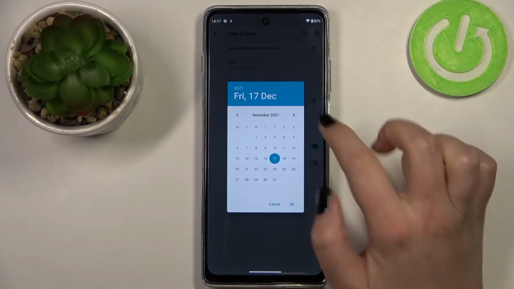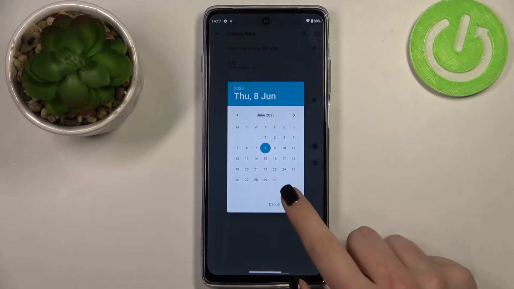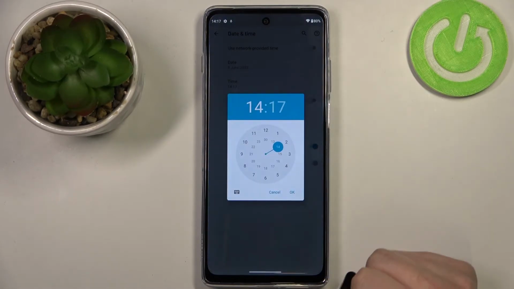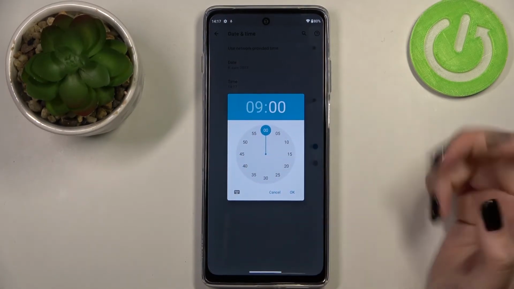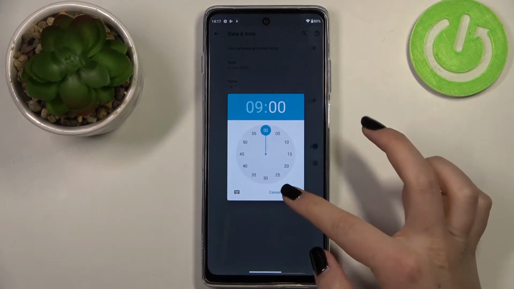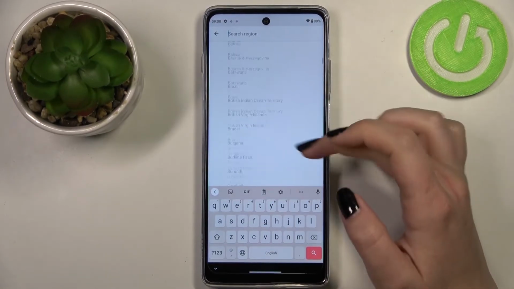So let's begin with the date, and from this calendar we can pick the date we want to use, for example this one. Let's pick the time also, and from the clock just set the time you want to use, for example 9 o'clock. Now let's tap on the time zone, pick the region, and as you can see here